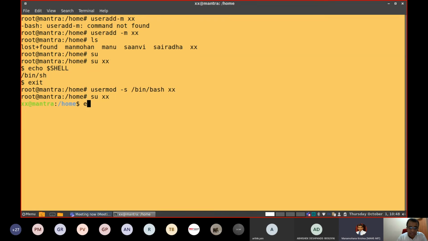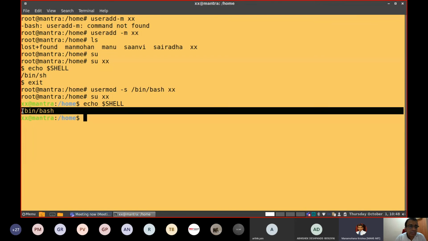That's why now if I enter echo $SHELL, you can notice that the shell program is /bin/bash. This is very important. The command prompt is now XX@mantra:/home$. This is the characteristic of bash, whereas in the previous case, by default, it just says $. Okay, these are the differences, take note.